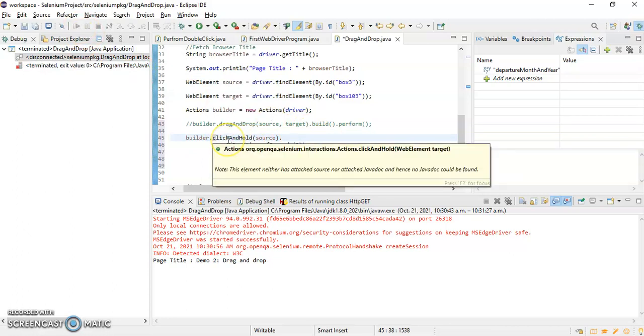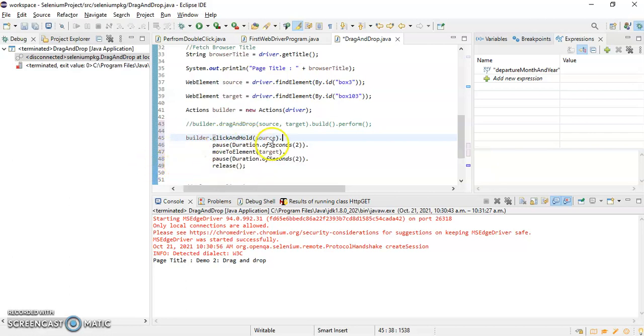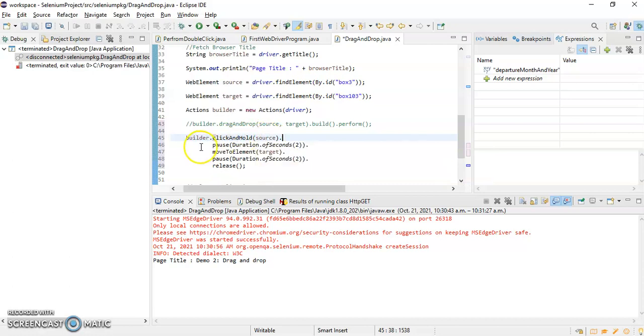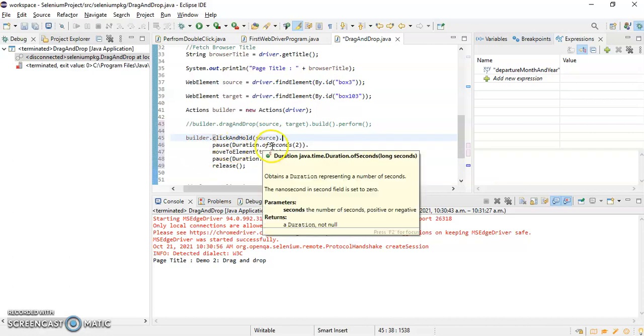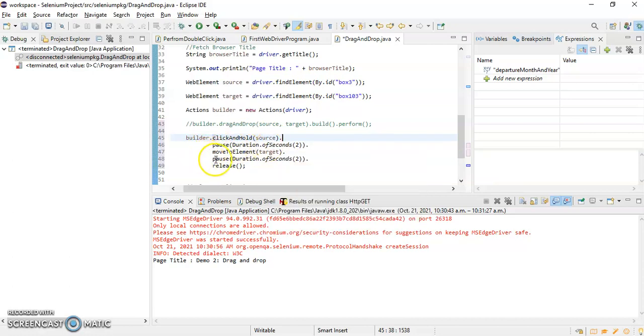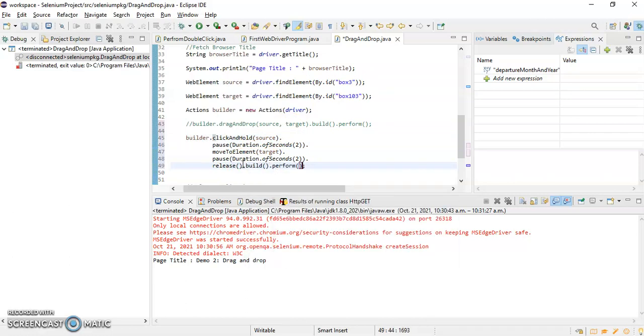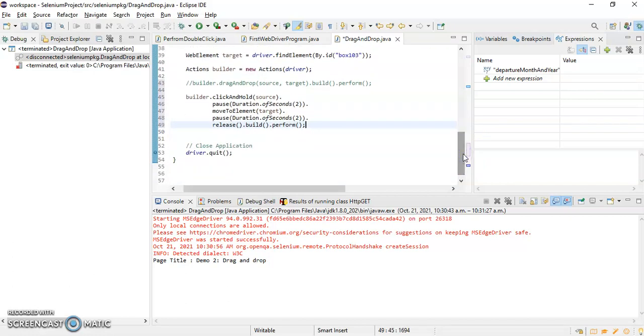First I am calling this method clickAndHold, that means I am performing this action on source. After that I am waiting for 2 seconds. After that I am going to the target location, moveToElement, right? And again I am waiting for 2 seconds. After that we are releasing it, right? So after that I can write here .build().perform(). It will do the same thing.